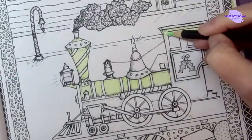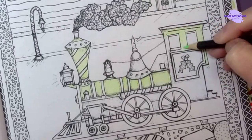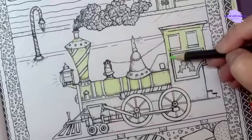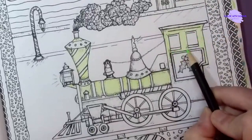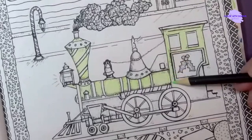I bet those of you who have been around the channel since the beginning are sitting there right now shaking your head going, gosh, I can't believe she's doing it. Because for the longest time, I would maybe try pencil here and there, but never on camera. Never. But yeah, I've grown a little